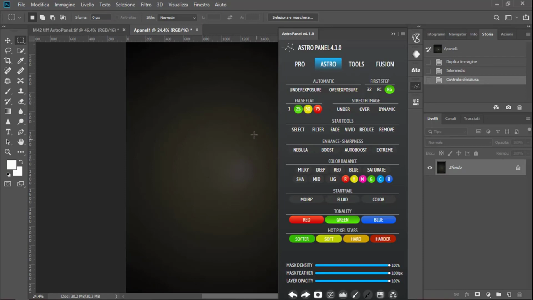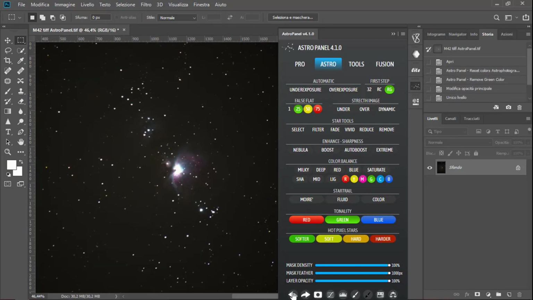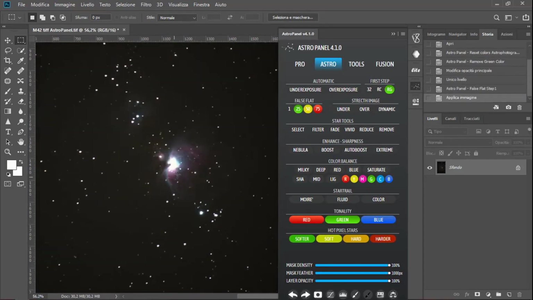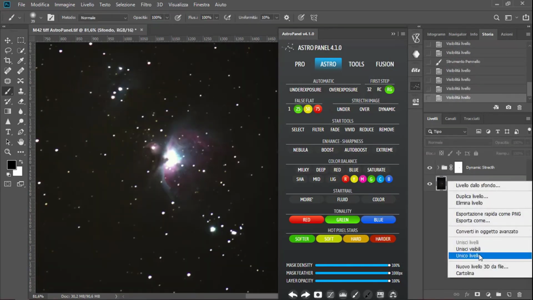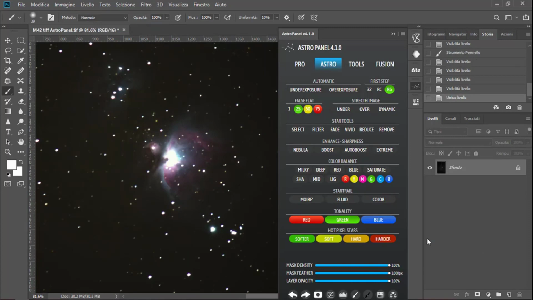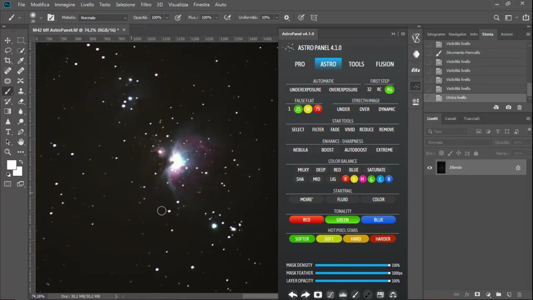Now we have to remove this color. It seems to be yellow, so we click on 50. And we can see the difference between then and now. Now we're going to do a dynamic stretch, so click on dynamic and we can see the difference. We merge levels. Now we are going to select all the stars